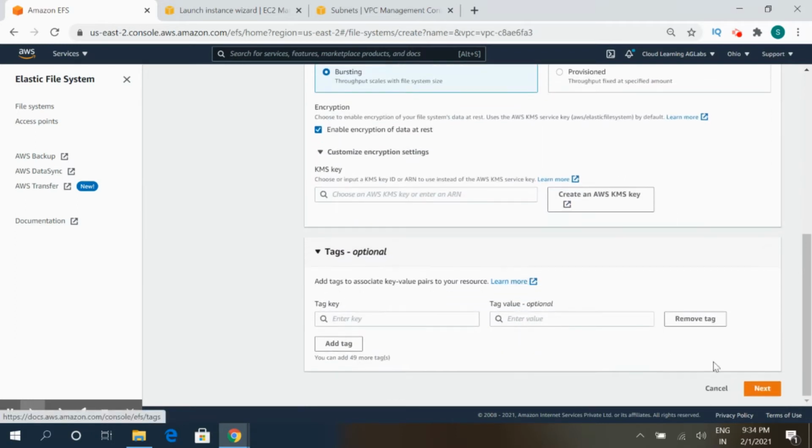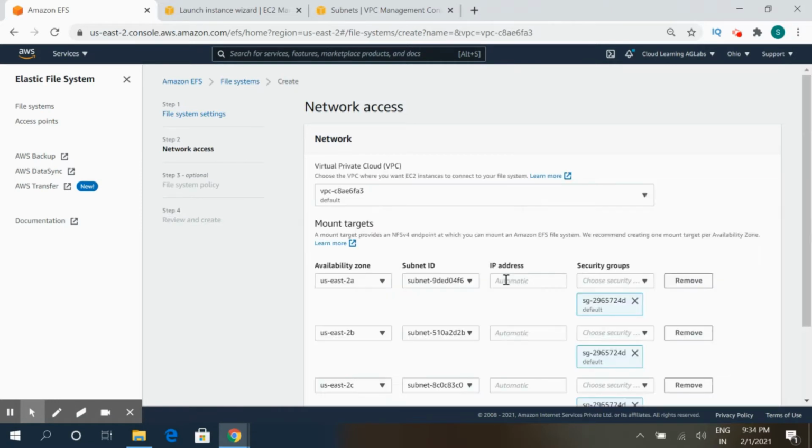Okay. The next part is the network access. Our servers will be hosted in different availability zones for the high availability of the servers. So we will be creating this EFS under our VPC where the servers are hosted, and we will be creating it on different availability zones. Each availability zone will be equivalent to a single subnet. A subnet is mapped to a single availability zone. They are not cross utilized between availability zones.